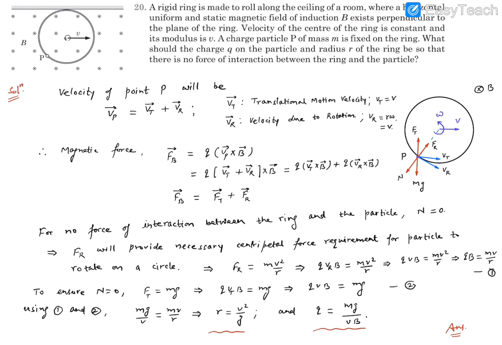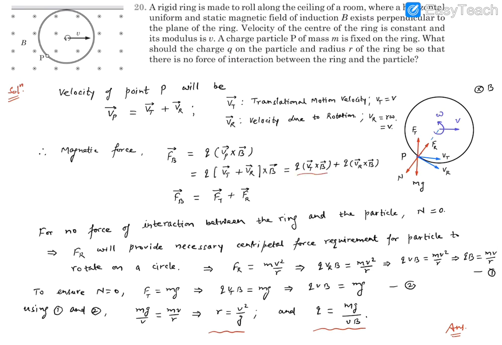Now let's read these two terms. This is the force acting on the particle because of translatory motion. This is the force acting on the particle because of the rotatory motion. And these two forces have to be added vectorially to get the final force. Now we can handle the vectors easily when we draw them in a picture. So we can say this is the force due to translational motion and the force due to rotational motion. That's what we can say. And these two vectors have to be added up.